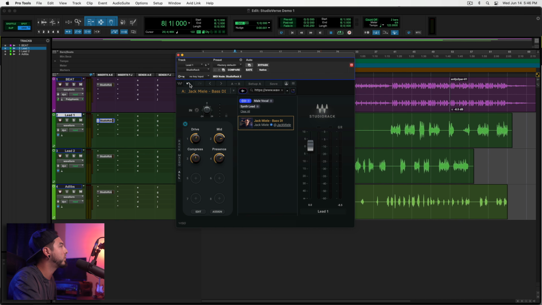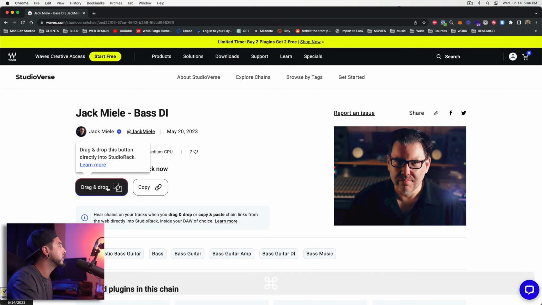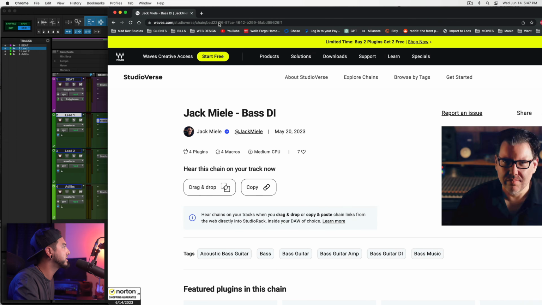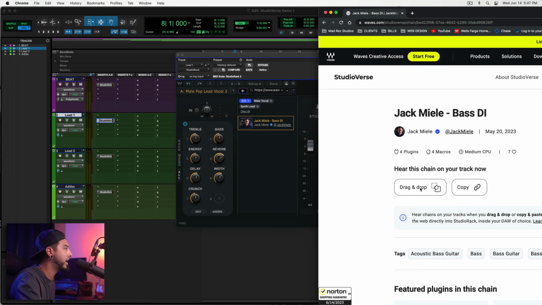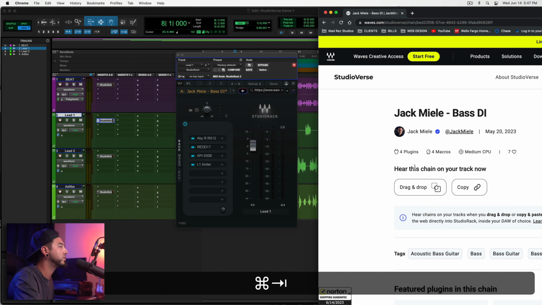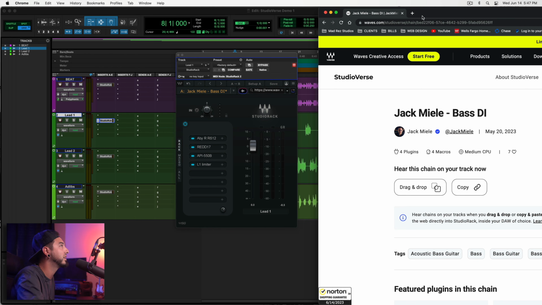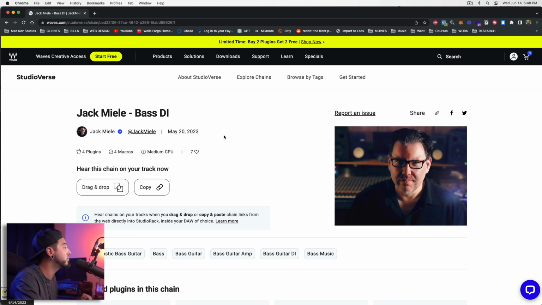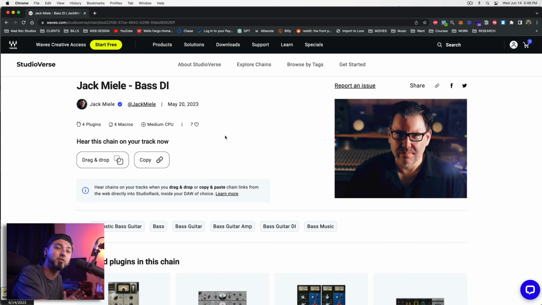Or let's say we go back here, and I'm going to load that other preset back up. We can also just click and drag. So if I were to just move this over here and literally drag and drop this right onto our Studio Rack plugin, boom, just like that, it loaded the plugin preset chain right here just by clicking and dragging it directly from the Waves website. So that's pretty handy and definitely gives you more options when it comes to searching for your favorite preset chains